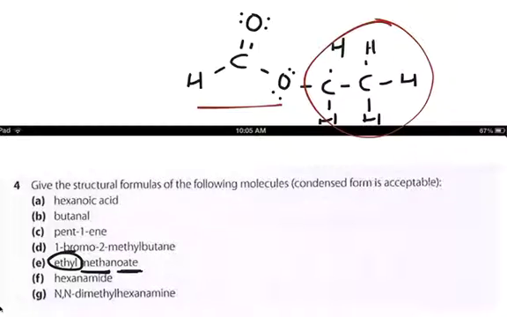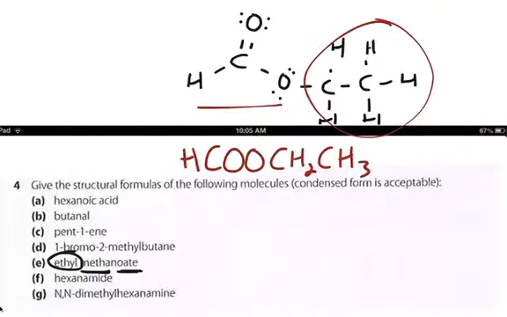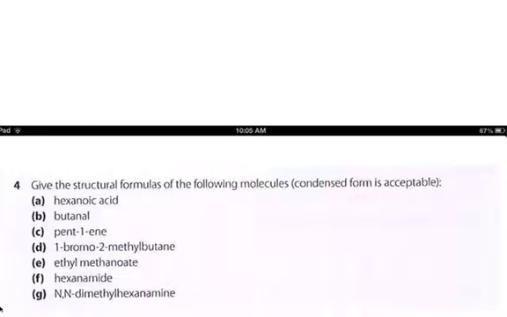Now, how do we write this? We would write this by saying HCOO, and then this group, CH2CH3 is how we'd write that. So COO inside of a structure indicates it's our ester group. Okay. So again, by the way, all of these are standard level. It's not until after that we're looking at